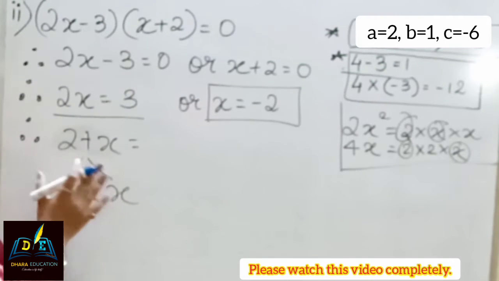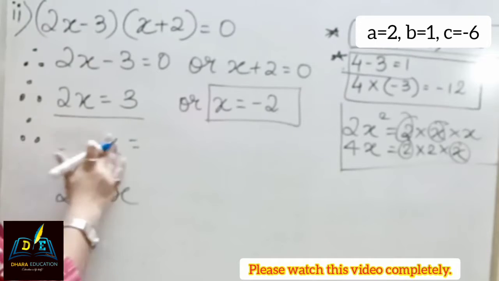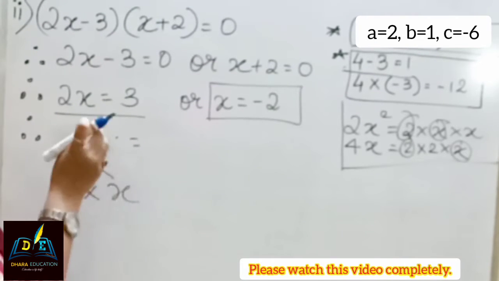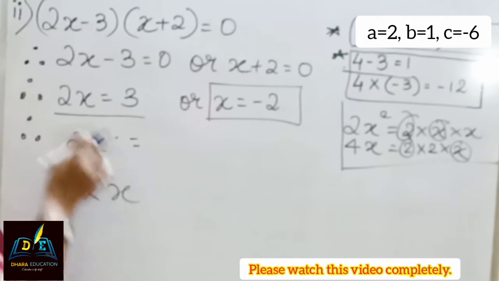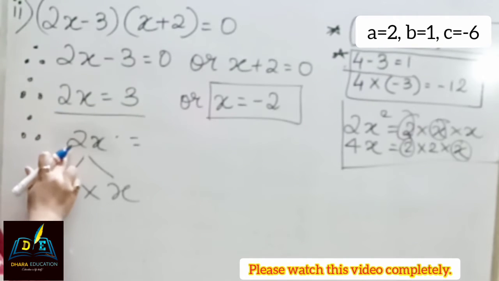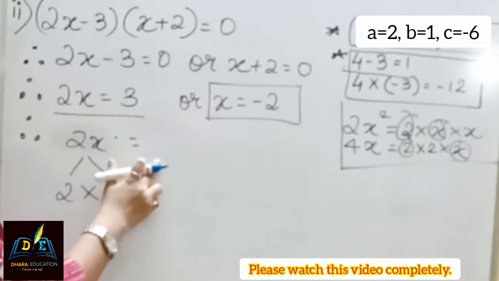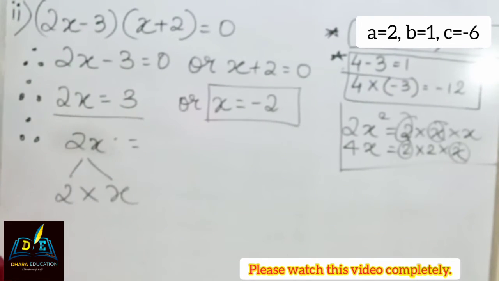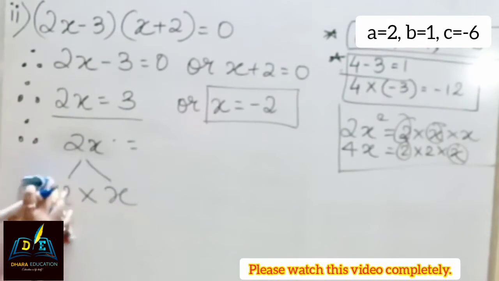Okay. So here what we need to do is this. It is already with the multiplication factor, that is 2x. So when we find out the value of x, only the x, we have to change the place of 2 from the left hand side to the right hand side. So that is why, if it is in multiplication, it will act as a division, students. Okay. So how do we have to do it? Now see.